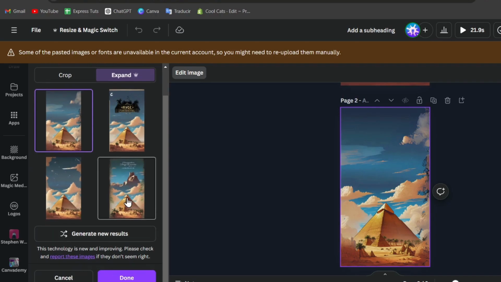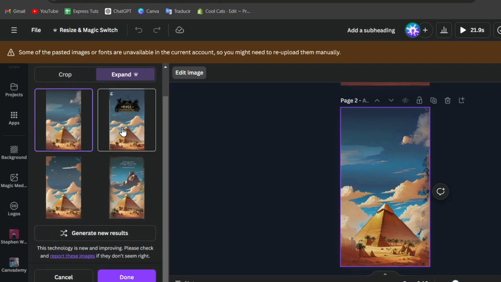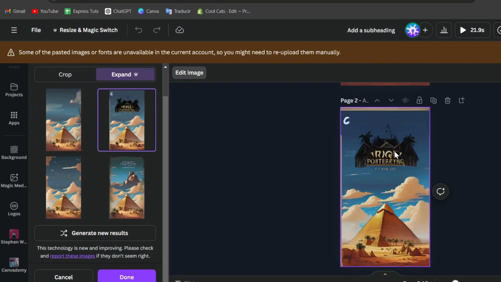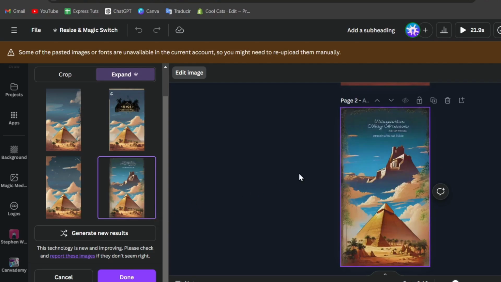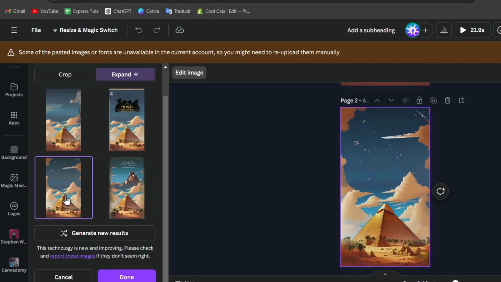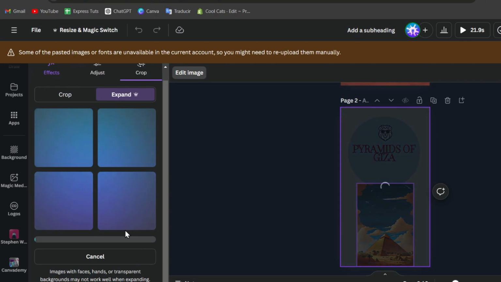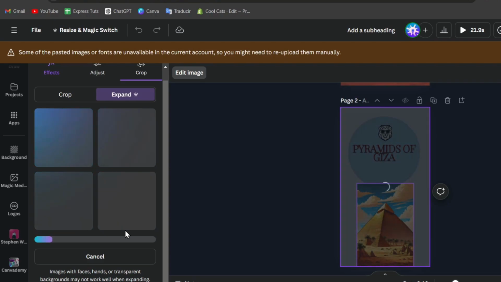So as you can see, we have 4 different results. So here's result number 1, result number 2. I don't know exactly what this is, but here on the left and the right side it doesn't look that bad. We have image generation number 4. This one looks a little bit more like a poster, and number 3 or number 4. So as you can see, I believe the best one that we got here is the top one, the third option. So I'm going to go here to the 3 dots and generate more results, to get more different elements and more ideas